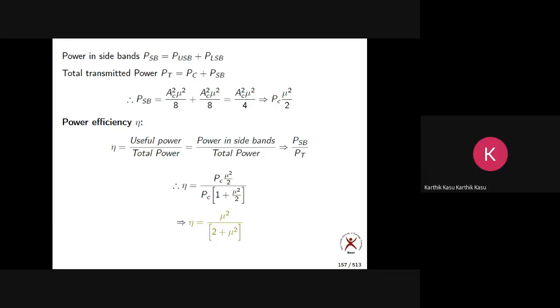Are you getting me, or is it okay? Okay, sir. So there are so many broadcasting applications. Satellite is one mode of broadcasting. Anyway, that is not useful for the common man. But basically, we have AM radio, FM radio, and TV. We'll discuss them later.